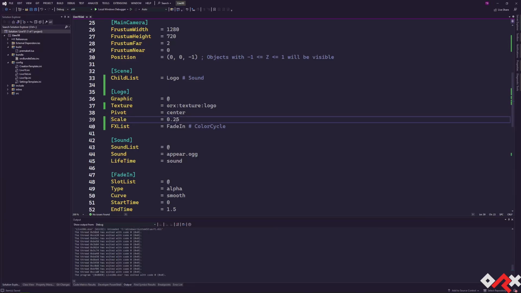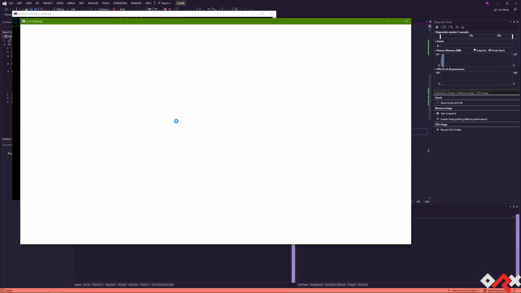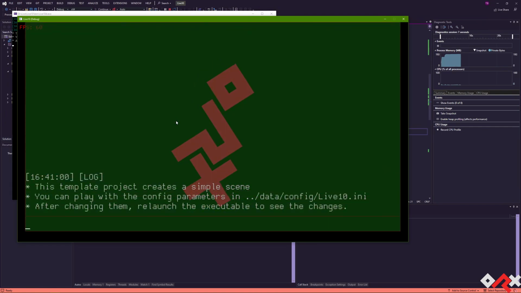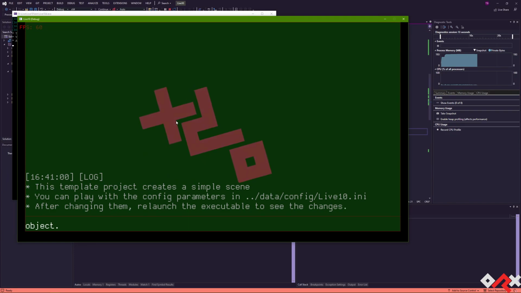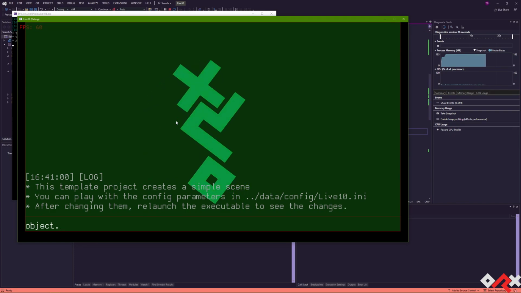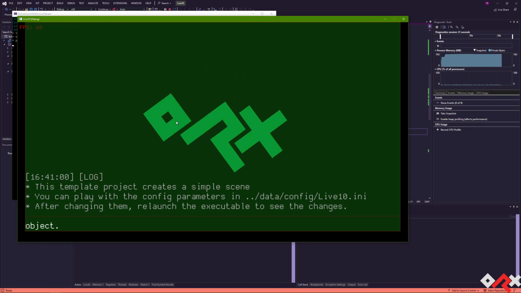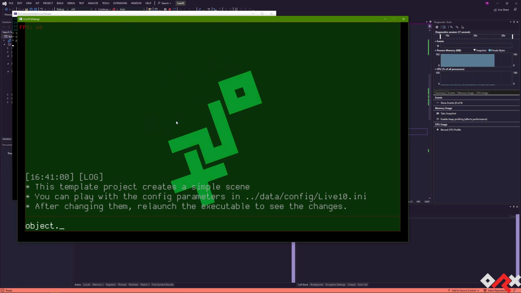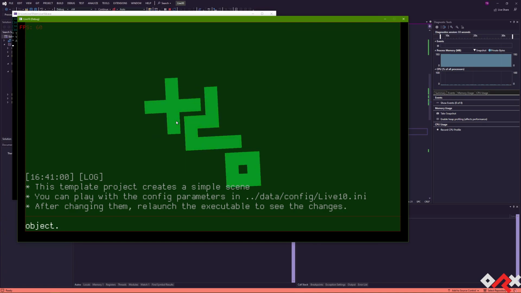Bigger. And I believe originally, not that it matters, but so that we can see it's live. There we go. So if I want to delete this object, and I want it to fade out or shrink or something like this, I would have to add the effects manually and then ask it to delete once the effects is done by setting its lifetime to effects. But if I wanted to not know how an object is supposed to be disappearing, because you might want to make different objects disappear in different ways,